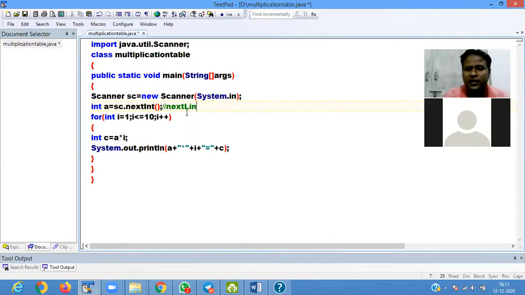We're passing here nextLine. Then if you pass the value nextDouble, these are the methods that we pass. nextLine, nextDouble. Okay.